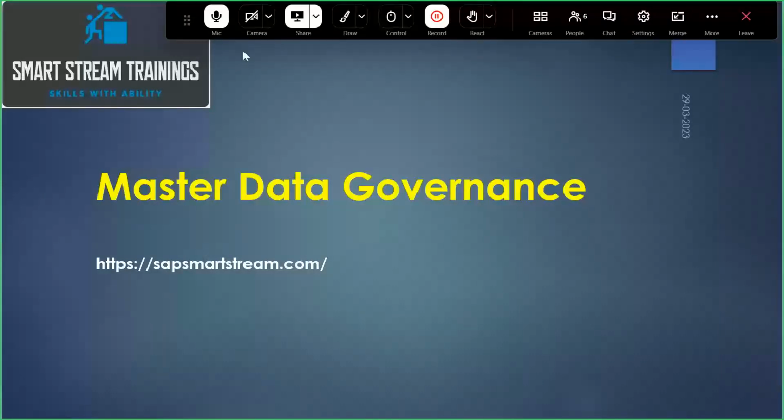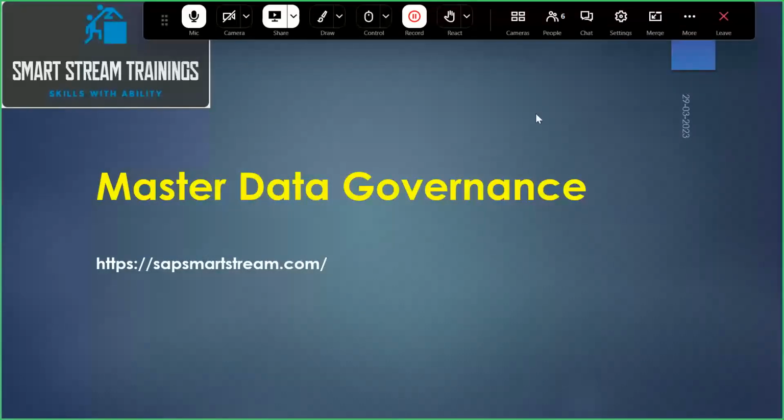So our topic is SAP Master Data Governance. It is one of the modules in SAP. It is the most popular module in SAP, and we can get good compensation after completion of this course. At least you can get a 12 lakh package on this particular course. So in the future also, we have a lot of opportunities on this topic.